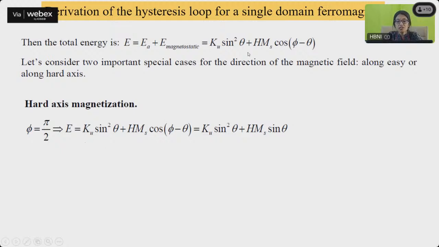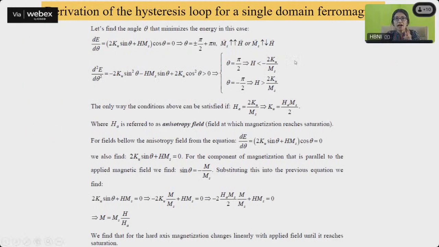So now if you put this phi value as pi by 2 in this particular equation, it changes to E equals Ku sine square theta plus HMS sine theta. Simple maths. So now if you derive the hysteresis loop for a single domain ferromagnet by finding the angle that minimizes the energy in this particular case, if you solve this entire thing,